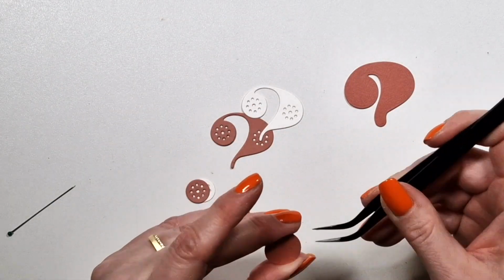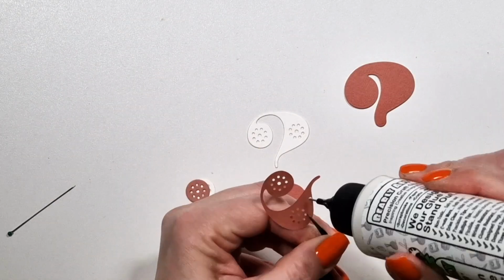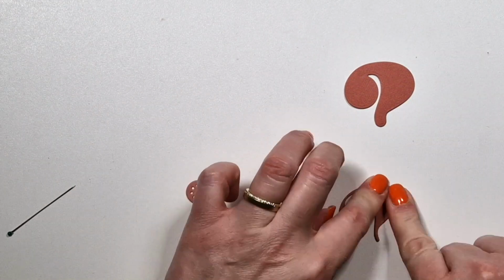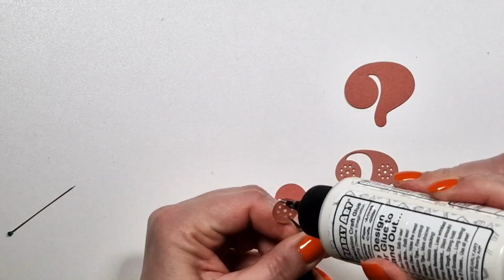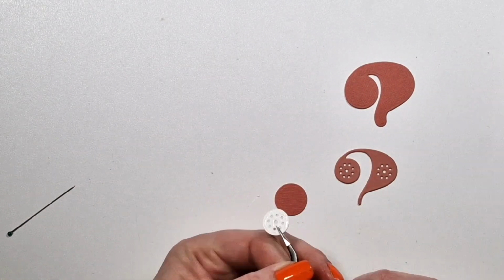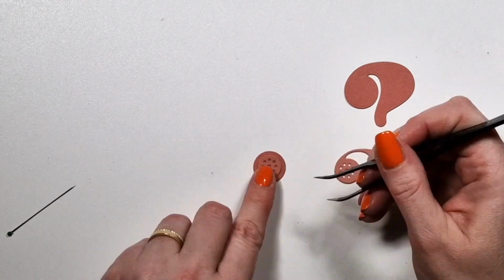Now the question mark. I really wanted to create a card where you ask something, you know, and then the question mark is kind of the focus. So I created 3 of them,